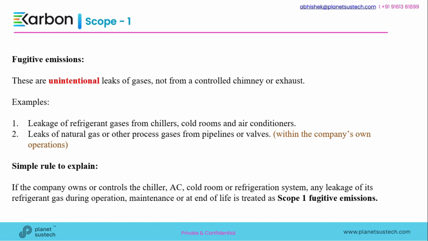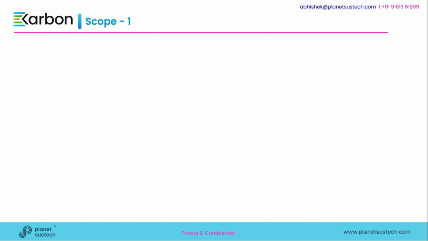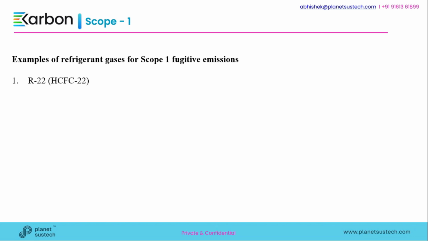Simple rule to explain. If the company owns or controls the chiller, AC, cold room, or refrigeration system, any leakage of its refrigerant gas during operation, maintenance, or at end of life is treated as Scope 1 fugitive emissions. Examples of refrigerant gases for Scope 1 fugitive emissions: